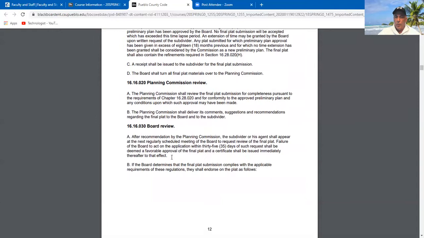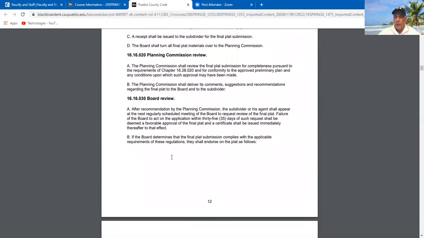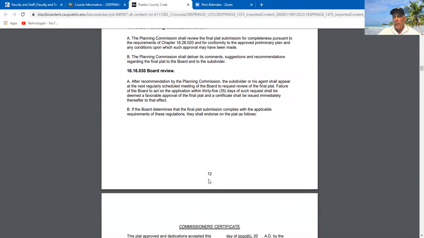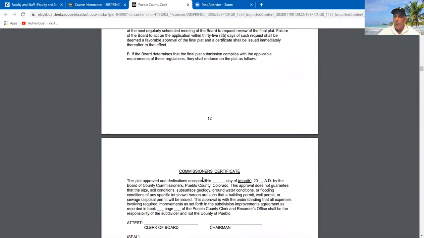Then it goes to the board for board review, and the board will be looking at it to make sure it's in compliance, so that the final document can then be made public and sent out there for everyone's approval, and conveyances can now start to commence after this document has been approved and made